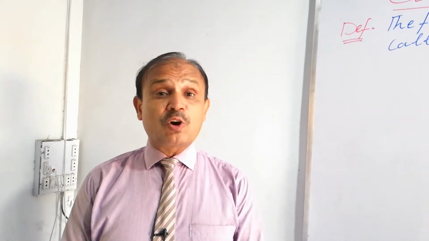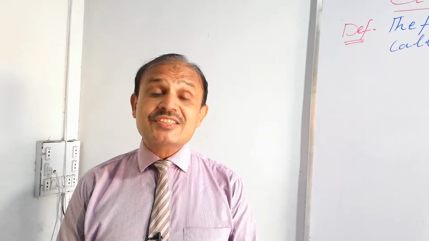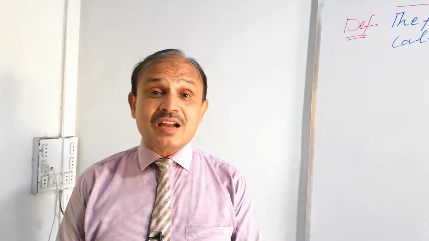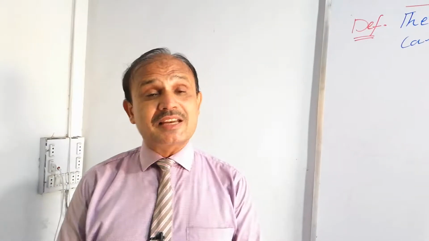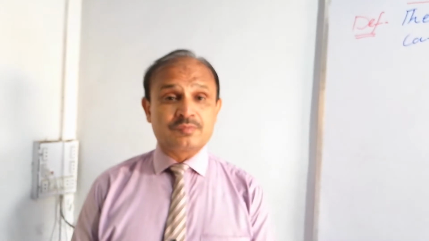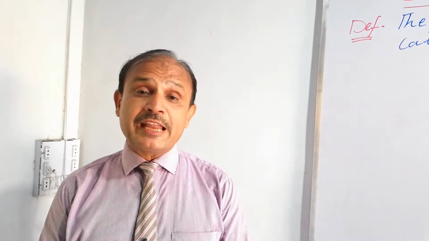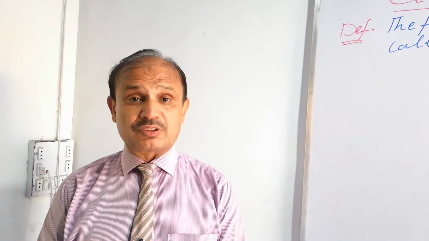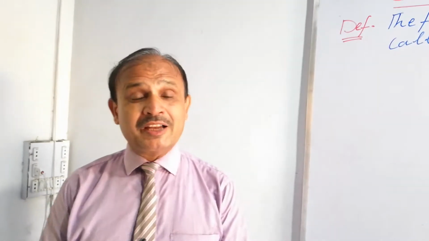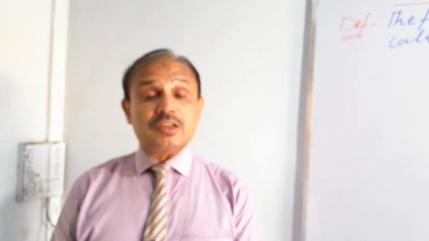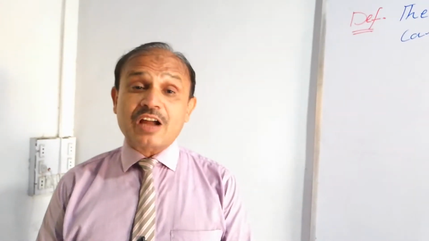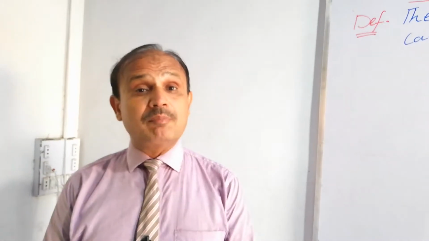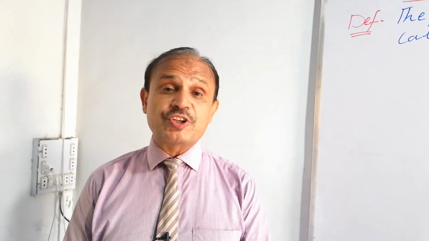The earth is revolving around the sun, its motion is circular. In this case, the centripetal force is provided by the force of gravity. The electron is revolving around the nucleus. In this case, the centripetal force is provided by Coulomb force. Let's suppose we have a string with one end tied to a stone, and we whirl it; its motion is circular. In this case, the centripetal force is provided by tension force. So from these examples, we draw the conclusion that centripetal force is not a separate force, it is due to some other force. In different cases, its origin is different.